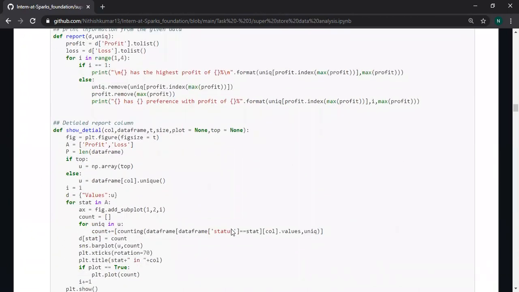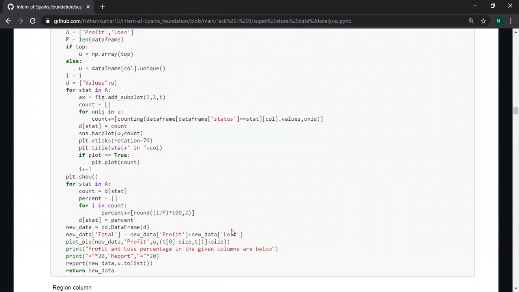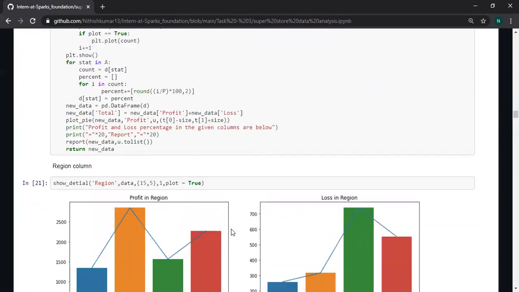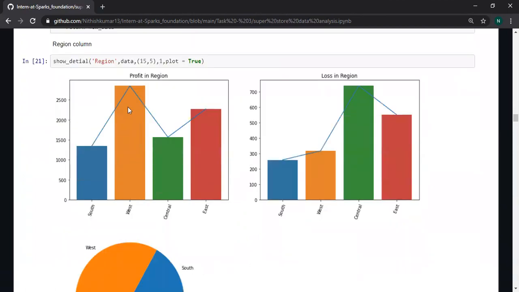This is a block of code written by myself, and you will see the use case in the upcoming part. I just used the function written by myself and passed a column called region from the data. This is a tuple of the size of the chart.